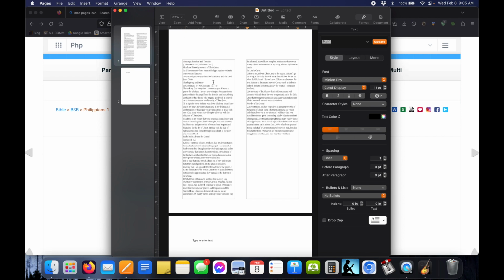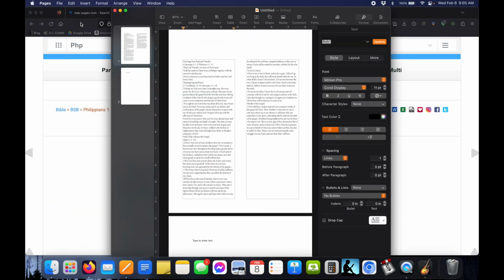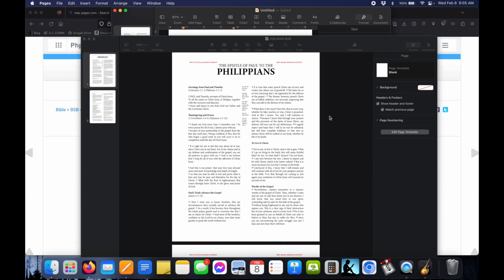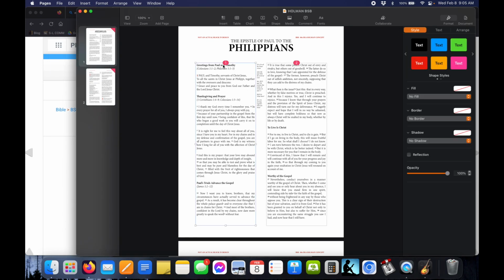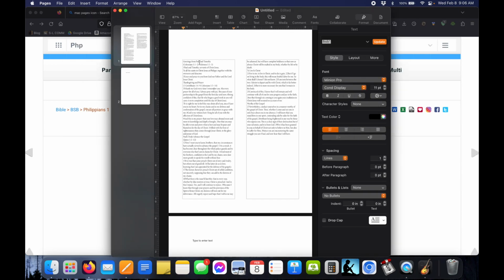Now, headers. What did I do on the headers of the one I already made? Sorry, this is like cheating. But headers, okay, I bolded the headers. I made this italicized. And then like the Bible, I made the first word capitals. So you highlight using Shift and Command, Command B to bold, Shift and Command and go backwards, Command I to italicize,